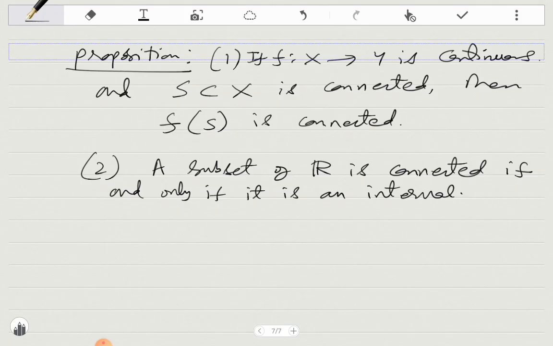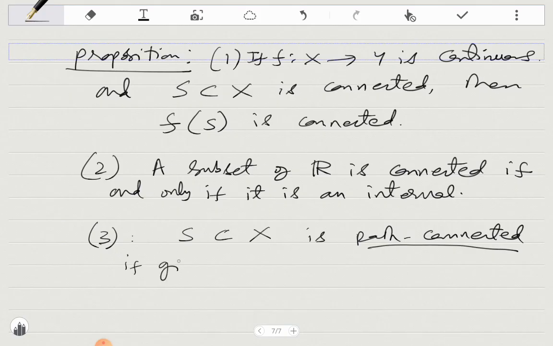Now using the second one, that intervals are connected, and the fact that continuous images of connected sets are connected, one can conclude that balls in Rn are connected, etc. So more generally, a subset is said to be path connected if, given P, Q in S,